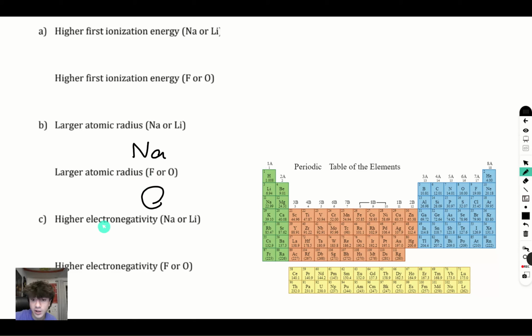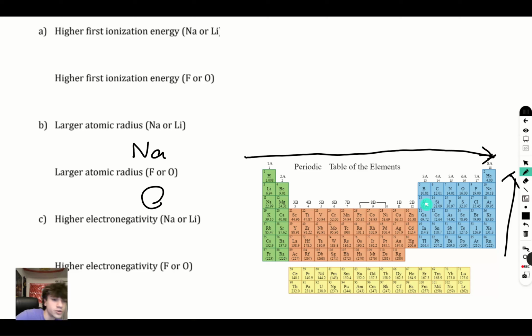And finally, we have electronegativity. Electronegativity matches up with first ionization energy. It's basically just the effective charge between the two. So the trend you need to remember for electronegativity is that the more you approach the right and the more you approach the top, the more electronegative it gets. So sodium, lithium, they're in the same column, but lithium is one row above, making lithium more electronegative, and higher electronegativity